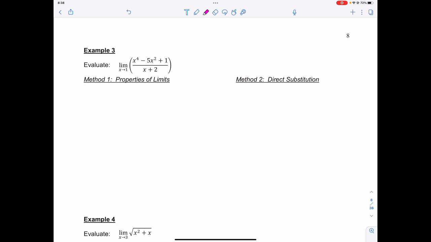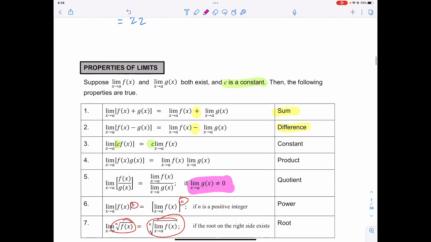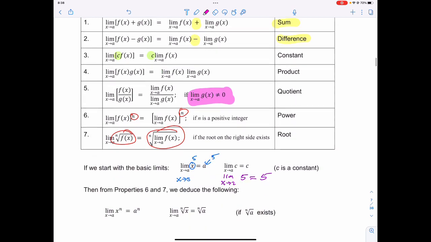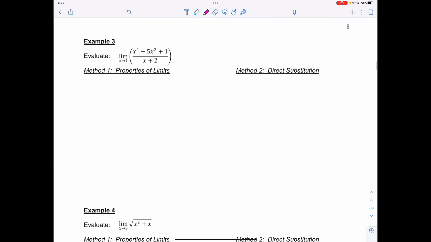Because we're using the quotient rules, if I'm doing one divided by the other, it has to be the same as the two limits divided by each other, which means that I would say that the limit as x approaches 1